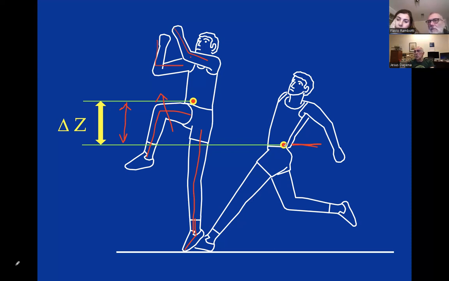So we want to be low at the end of the run-up. But if you go too low, that is also a problem. So we need to know what the optimum is, similar to what we did for the running speed. So we're going to be making a similar graphic to what we did for the running speed.